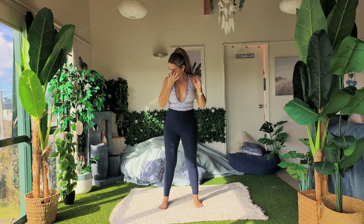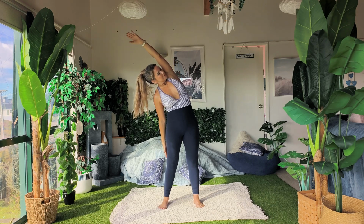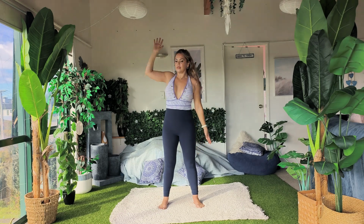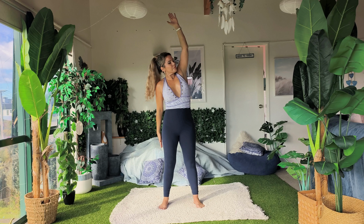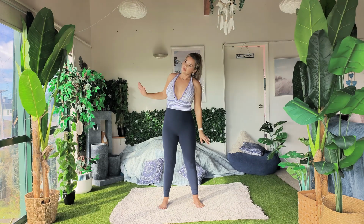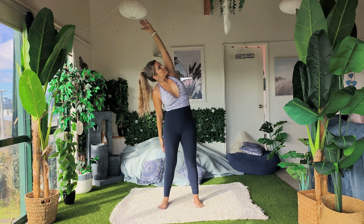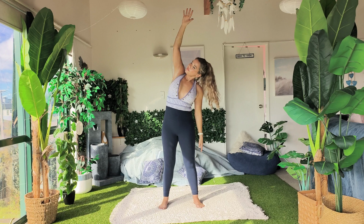Staying here. You've got your palms facing forward, elbows are bent, and then we are starting to lengthen the left arm up and over, and then coming to the other side. So finding a little bit more length through the side each time that you come up and over. So rather than feeling you're bending in half here, thinking about keeping everything grounded down. So your feet are grounded down, you're even through the whole body, the lower body here, and you are coming